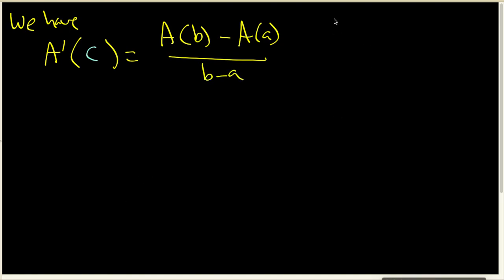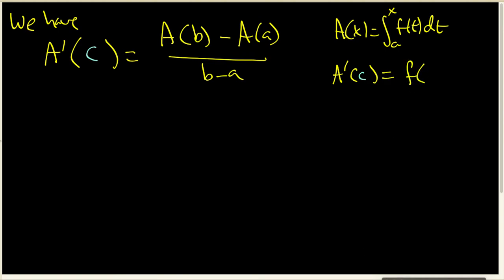Now, what I want to remember is that A of x is the integral between A and x of f of t dt. So A prime at the magic C, by the fundamental theorem of calculus, is going to be f at that same C. And let me make my brackets the same color. So this side here simplifies to f of magic C